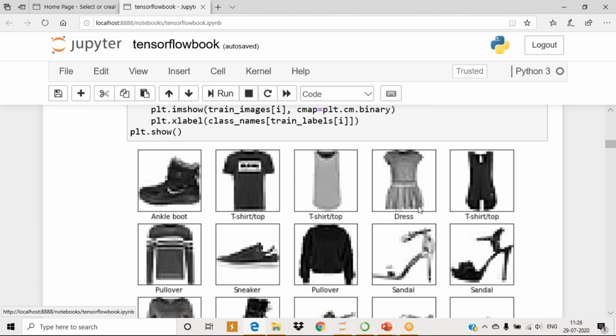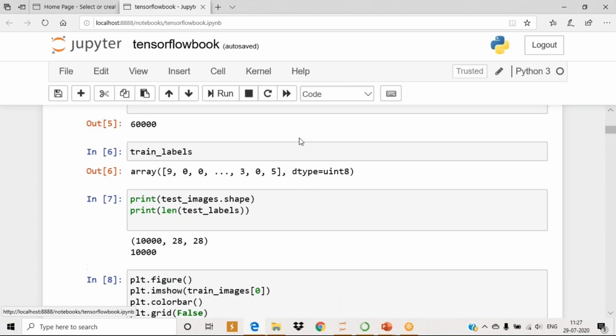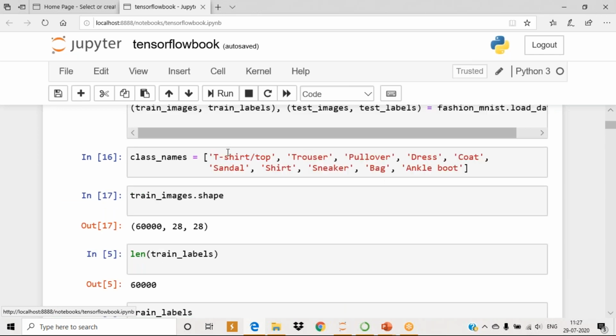How is it printed? See here, this is the way. Your x label is the class names of train labels of i. So what is your train label of i? 0. The class name of 0. So what is the class name of 0, which you gave in the first step? T-shirt.